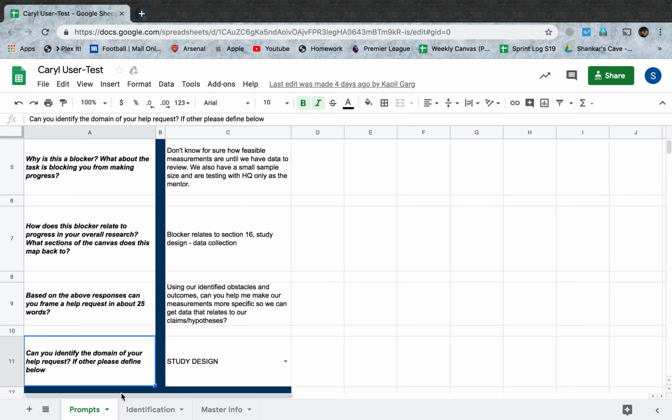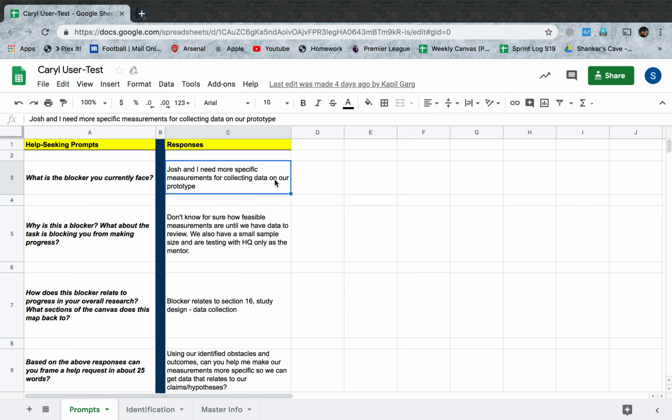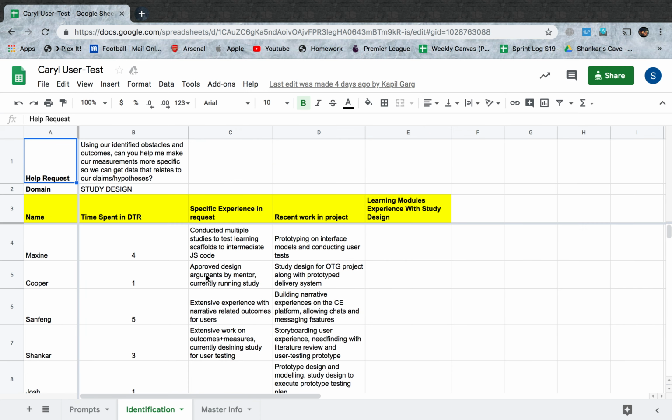The same user here was Carol, and as I saw in user testing her while she was thinking out loud, once these prompts were given to her, she was actually able to think very deeply about what problem she's facing, instead of rushingly just thinking about a help request and going ahead with it as she does in pair research. And in identification, what changed here was